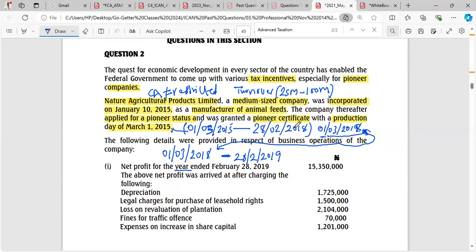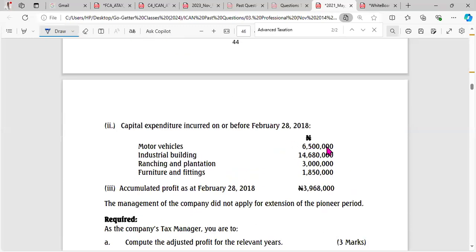So this is February 28, 2018. So these are capital expenditure that were incurred before the end of the pioneer period. All these ones here